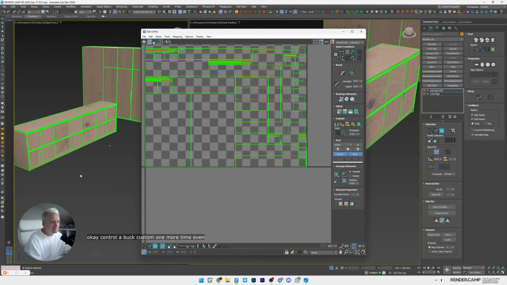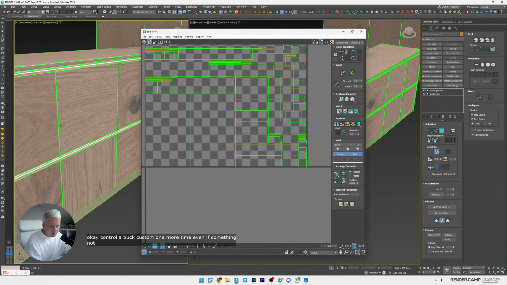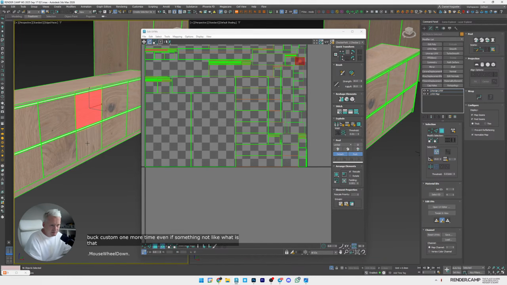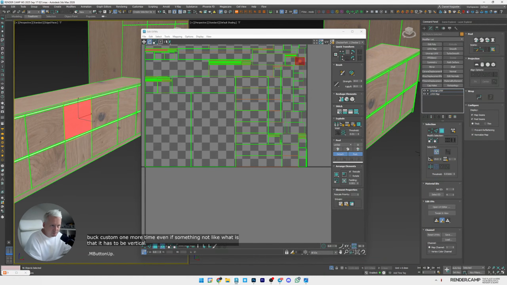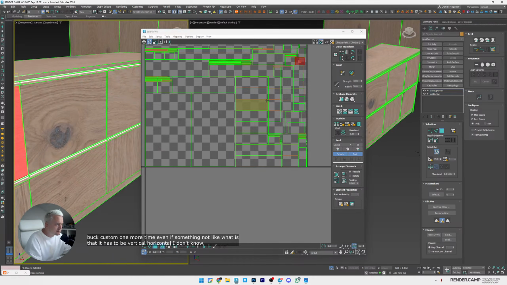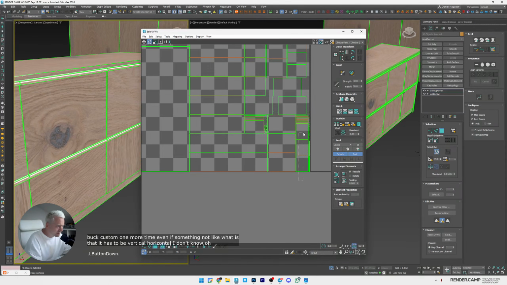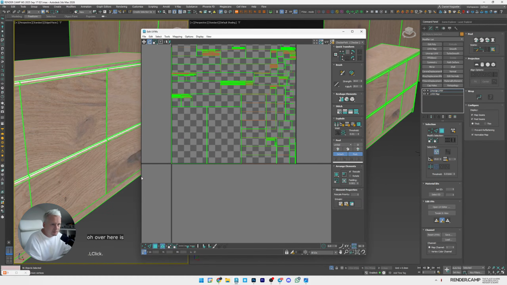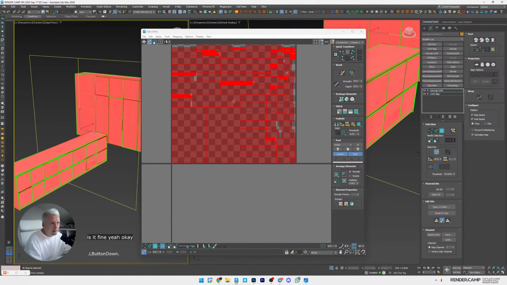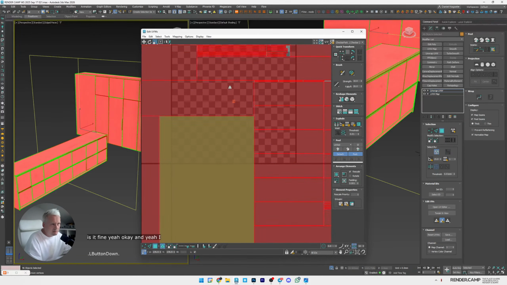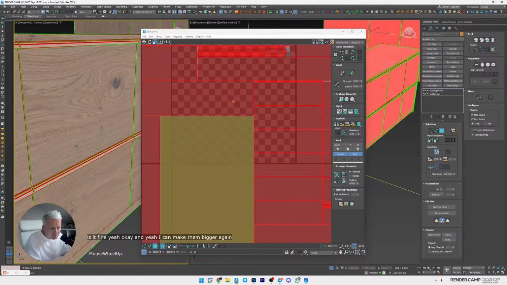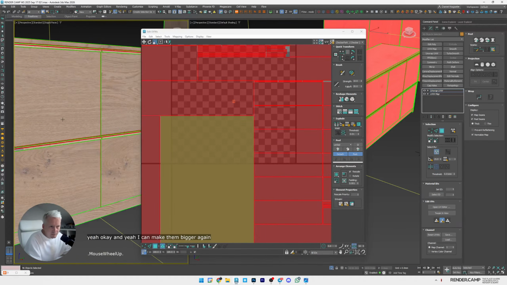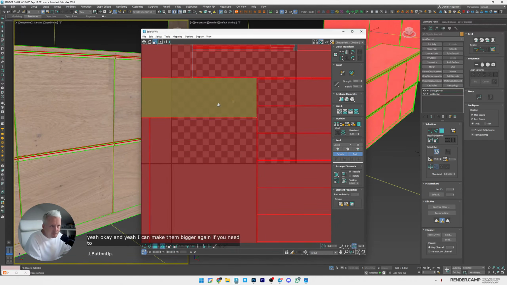Even if something not like, what is that? It has to be vertical or horizontal, I don't know. Oh, over here. Is it fine? Yeah, okay. And yeah, I can make them bigger again. F2 if you need to make it bigger. Yeah, and you'll get